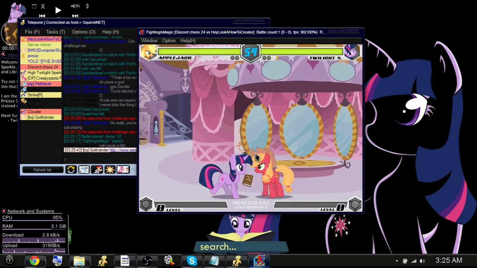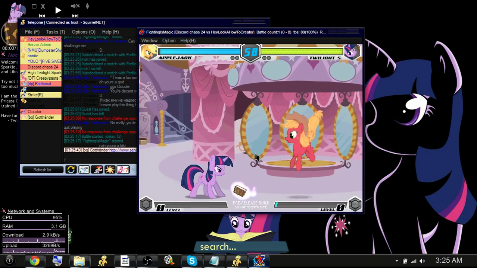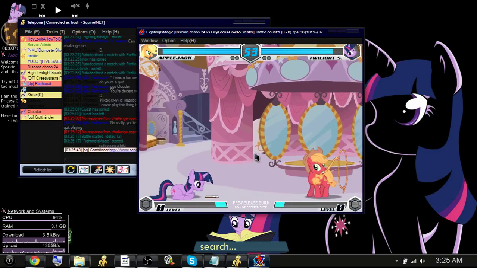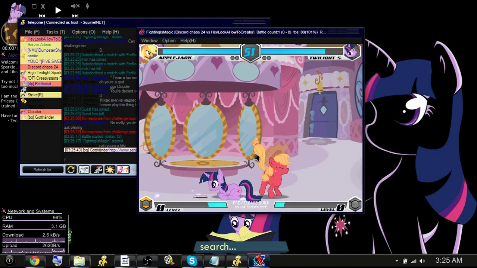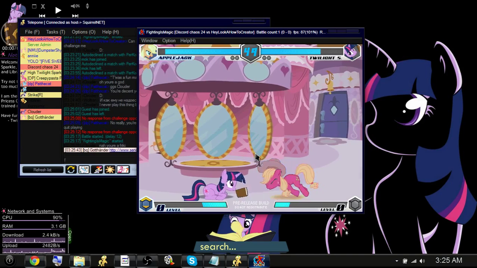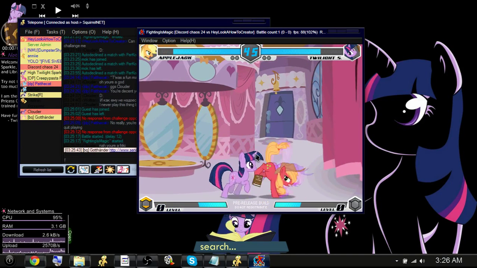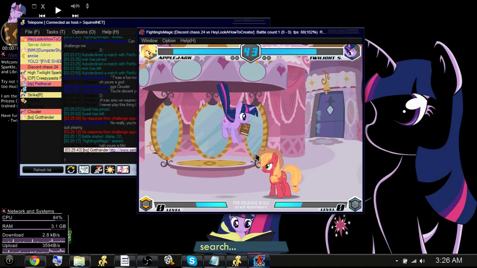Now up on the top you have the two character little thingies there, so you can see who's who and stuff like that. You have the health bar, the character health bars, and then a little image of who's who.